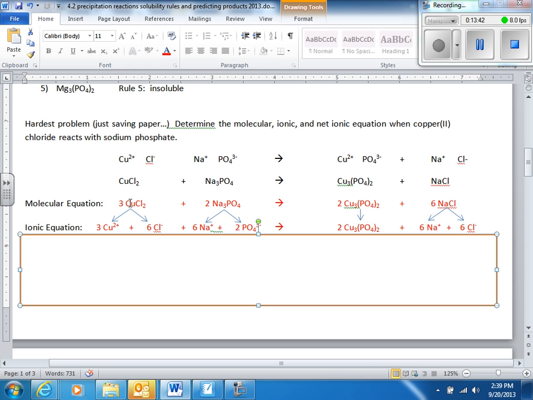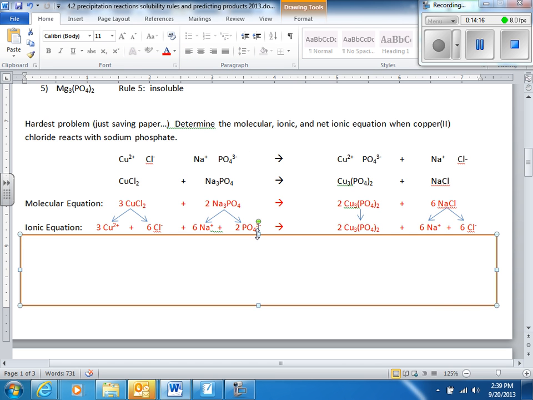Okay, we have 3 copper 2 pluses. Now why do I have 6 chlorides? Remember those subscripts get multiplied by the coefficients for all ions unless the subscript is part of a polyatomic ion. Right here, 2 times 3, 6 sodiums. The phosphates, I don't multiply this 4 times 2. The 4 is part of the phosphate. So I only have 2 PO4 3 minuses. Over here, this came straight down, and here the coefficient applies to all the ions, so 6 Na plus